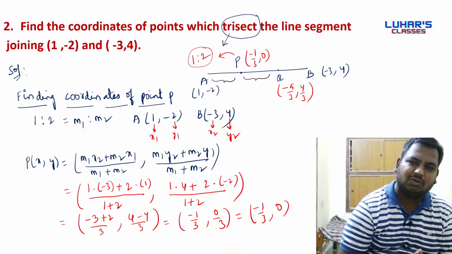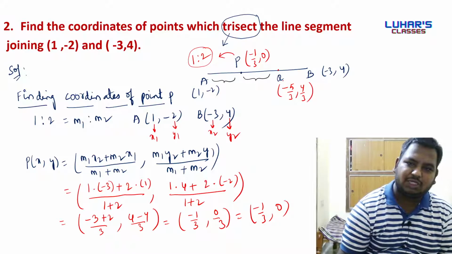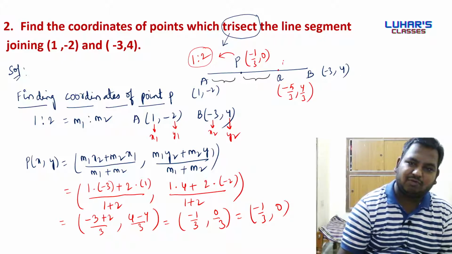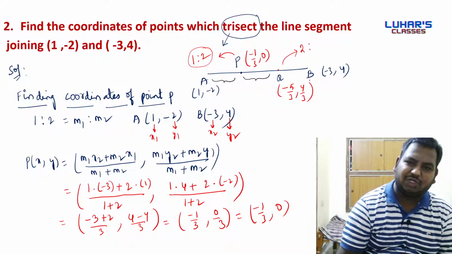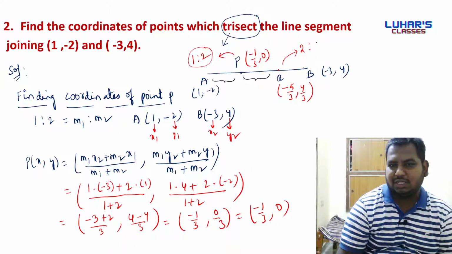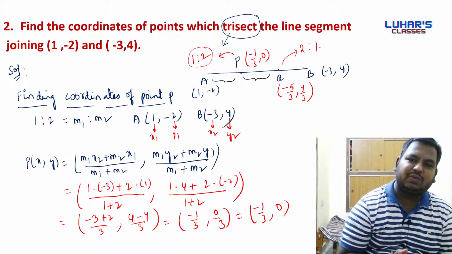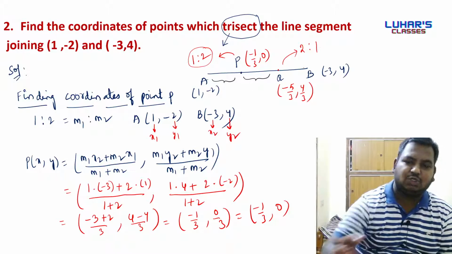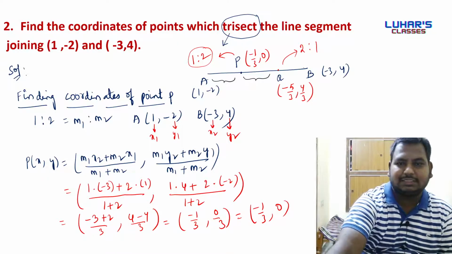I want to know in which ratio the point Q is dividing the line segment AB. That can be known if I look at the figure. Before Q, how many parts do I have? Before Q, I have two parts, AP and PQ. So it is 2. After Q, I have only one part, QB. So it is 1. So here, Q is dividing the line segment AB in the ratio 2:1. That's it. Done. Now let us look into the third model.